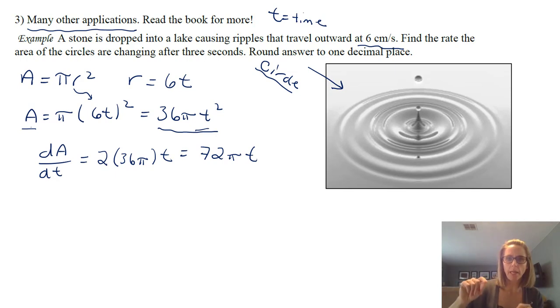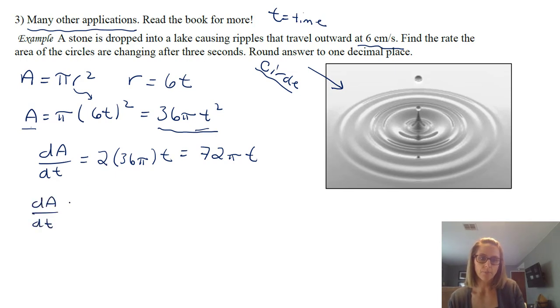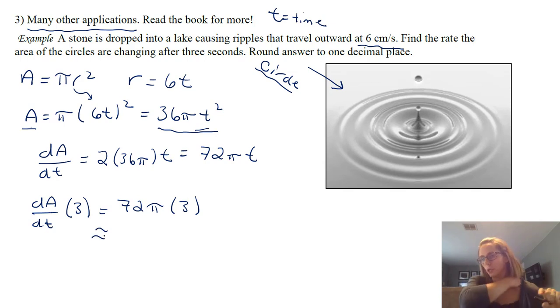So this is the rate of change of the area of the circle with respect to time. Notice the question says exactly that: find the rate the area of the circles are changing after 3 seconds. So we have that rate of change, dA/dt, and all we need to do is find dA/dt after 3 seconds. That allows us to do another plug and chug. This one was a little bit harder, but after 3 seconds it looks like this. You can pause if you want and put that into your calculator and make sure. If we round it to 1 decimal place, we're going to have